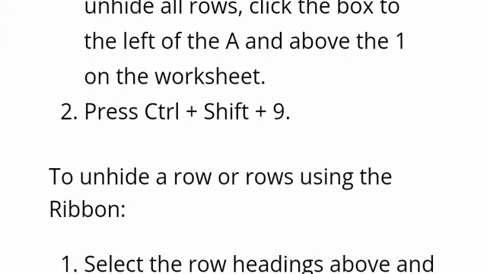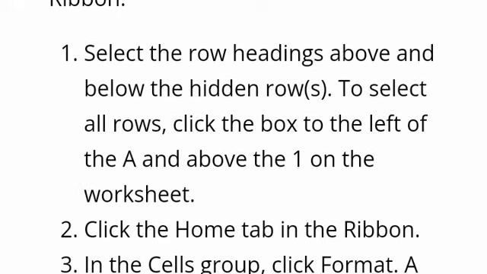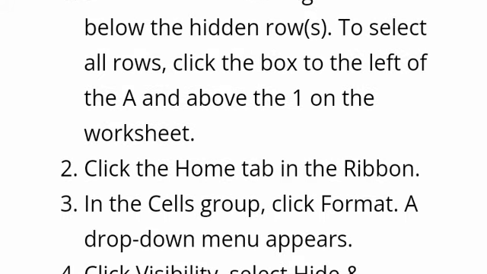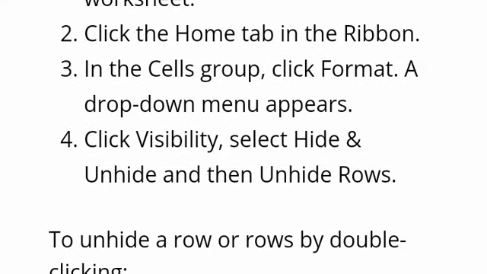To unhide a row or rows using the ribbon, select the row headings above and below the hidden row. To select all rows, click the box to the left of the A and above 1 on the worksheet. Click the Home tab in the ribbon. In the Cells group, click Format. A drop-down menu appears. Click Visibility, select Hide and Unhide, then Unhide Rows. To unhide a row or rows by double-clicking,